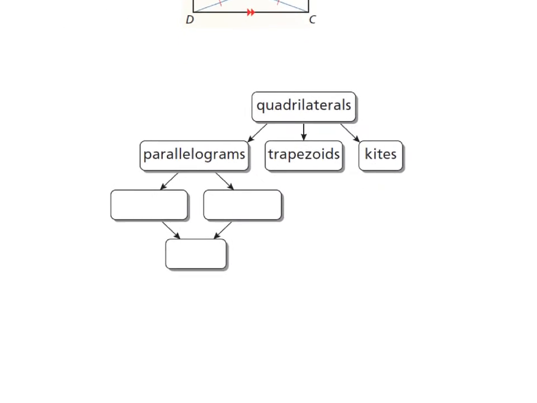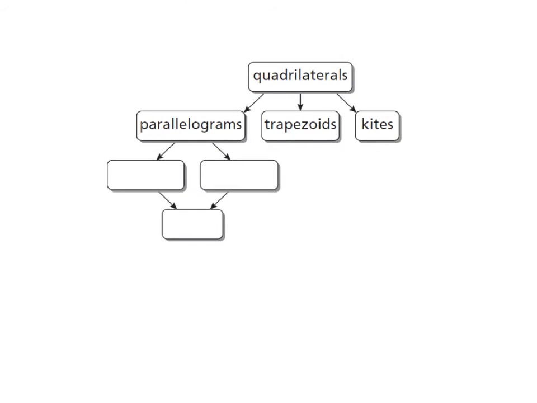Now, what we have here is a family tree, essentially, because quadrilaterals are part of a family, the four-sided family. Now, from quadrilaterals, we can branch into three things: the parallelograms, trapezoids, and kites. All of these shapes, all these polygons, have four sides. They make up quadrilaterals. Now, from here, parallelogram can be broken down further into a few more groups,